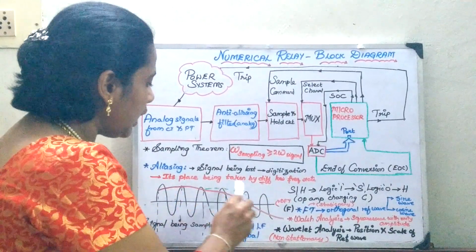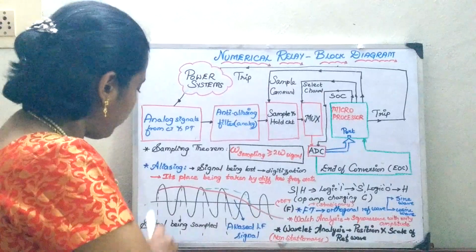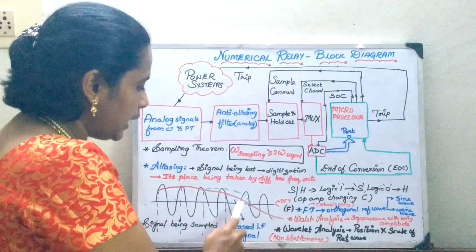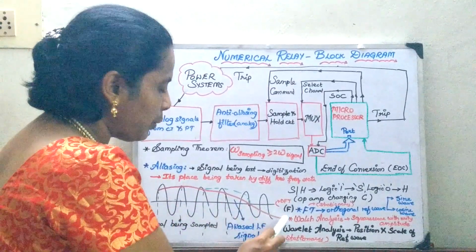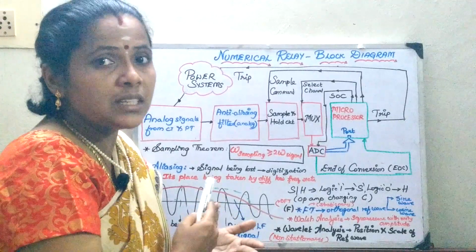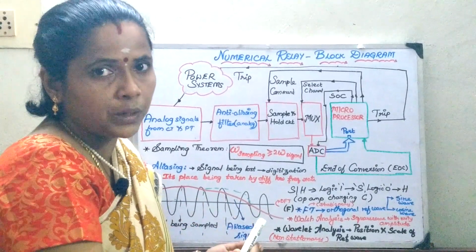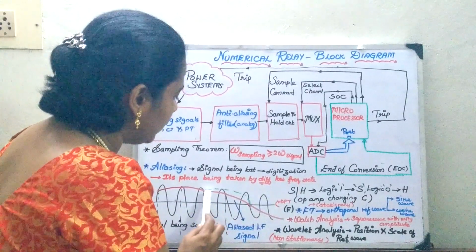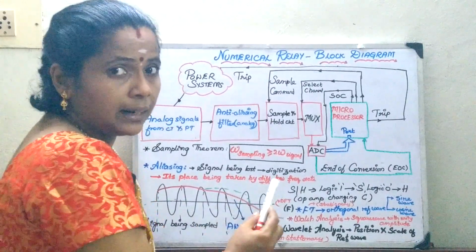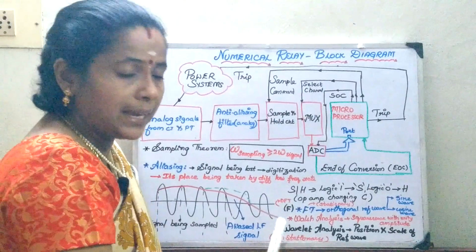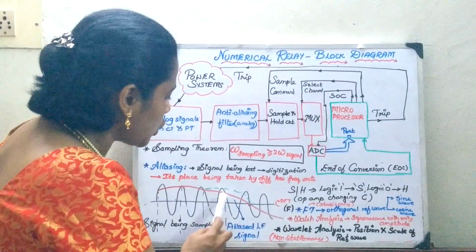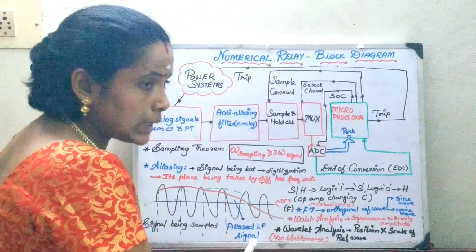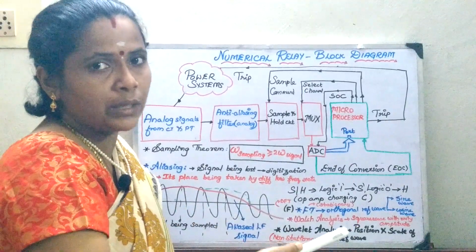Here I have just drawn the half cycle, okay, where I have sampled the signals at various rates. This is going to be the half of my sine waveform. Whenever this digitization process occurs, this is going to be the proper sine wave. But here what happens is the signal content is getting lost and it takes the lower frequency, that is, this is your aliased low frequency signal.